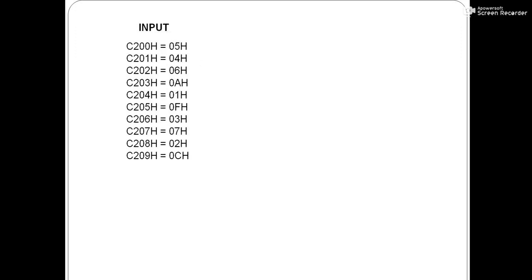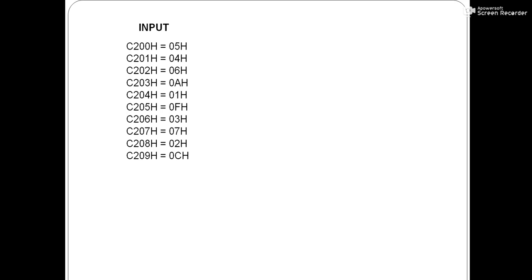So what will be the input? Input starts from C200H to C209H, and here we have taken some data. C200H is containing 05H data, C201 is having 04 and so on till C209.